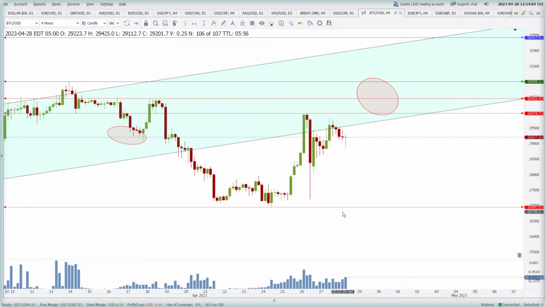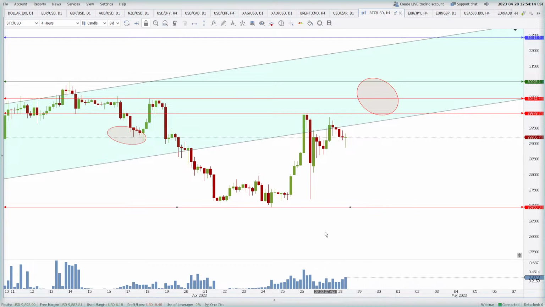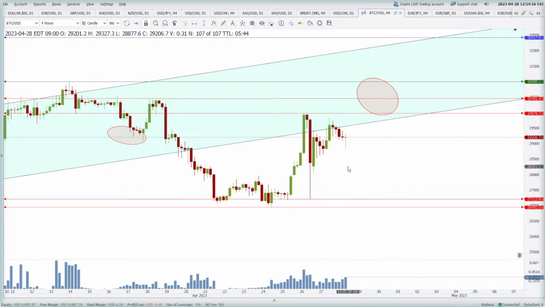26,950 is an important level right now, but if the price breaks anywhere higher than 29,978, then we shift this low to this low. Okay, because in that case this low will be an established low when the price will be higher than this high. So this will be the lowest low that the price has made in the sequence. All right, so this is what I would do, and I'm expecting actually now a rise from here,